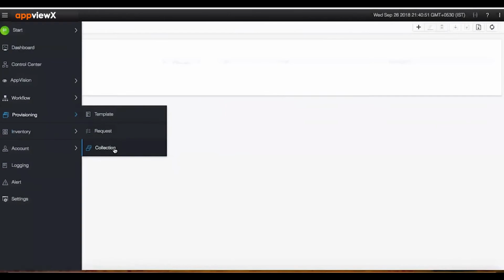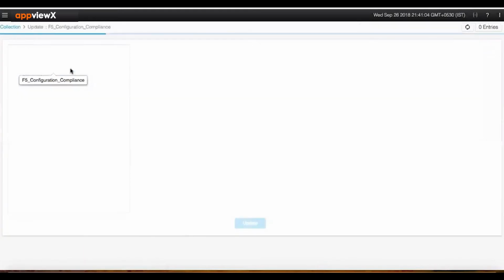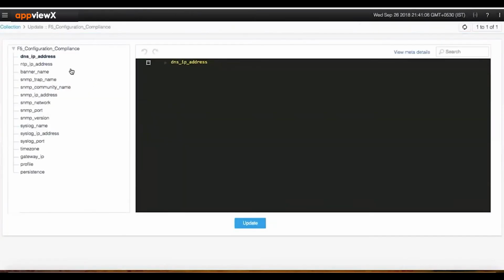And our golden configurations are loaded over here, the collections. Collections, if I put it in simple terms, are a user-exposed database. You can define the collections however you want. In this scenario, I have defined the collection. I wanted a DNS, so I want the DNS IP to match this, then the NTP IP to be this. And if you come to the profiles, I wanted an HTTP profile with the name HTTP new